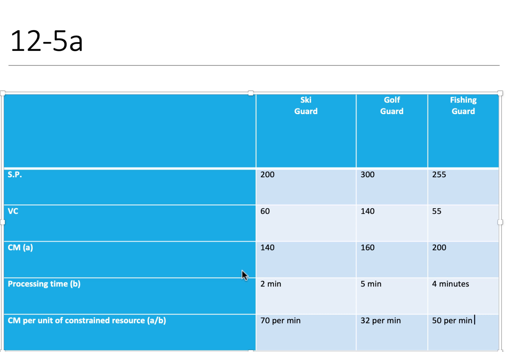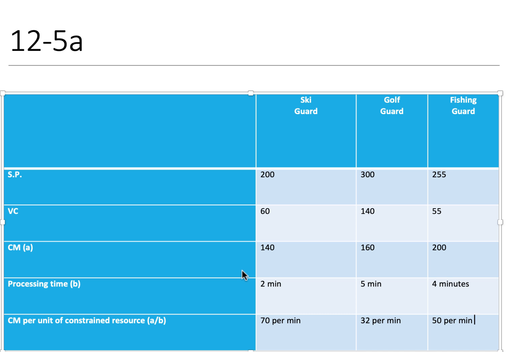Now 3 says, let's assume that there is a severe shortage in plastic pellets. Okay, so we have to cut back on our production. So the new constraint now has become the total available pounds of plastic pellets. We're getting away from processing time now. Now we're just focusing in on the plastic pellets. Okay, so based solely on the plastic pellets, how much contribution margin per pound of the constrained resource is earned